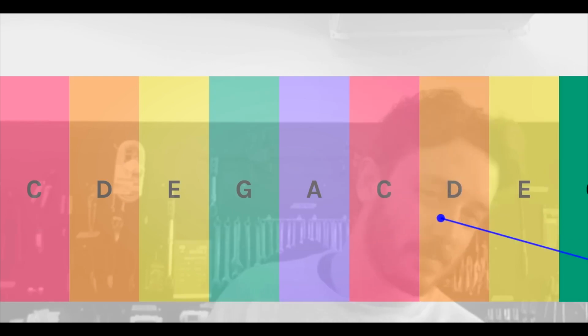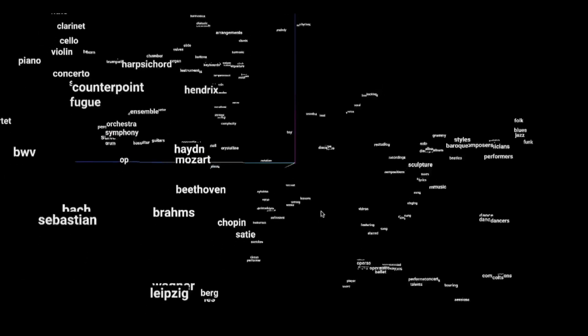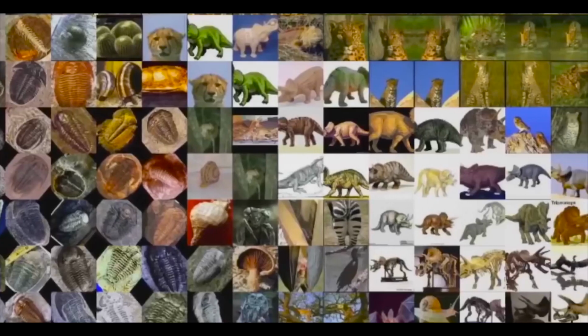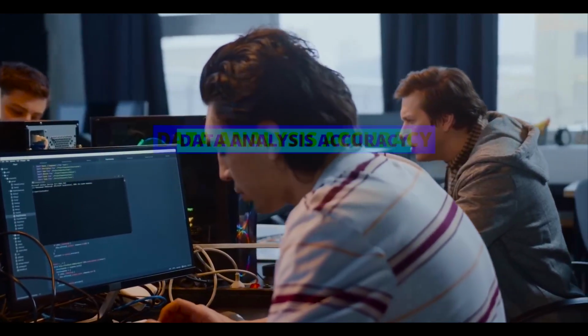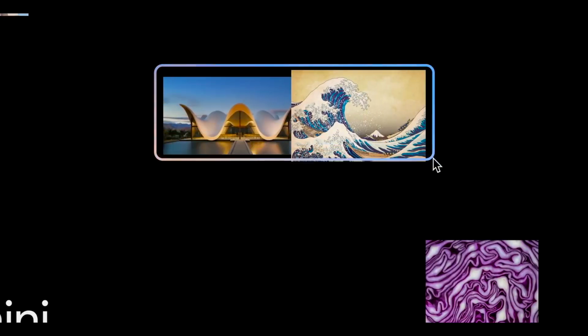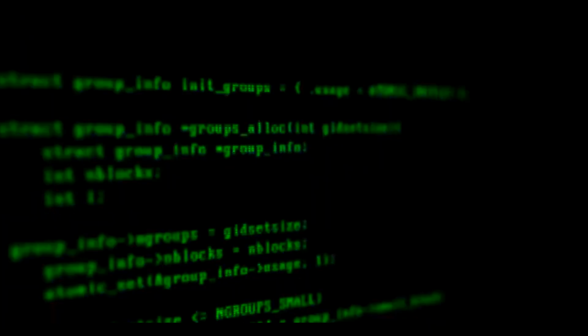Regardless of your level of developer experience, Google Gemma provides a variety of options to improve your work. Now, you also need to know that Gemma allows developers to push the limits of what AI can do, from enhancing data analysis accuracy to building conversational chatbots. Google Gemma offers sophisticated features, including model customization, transfer learning capabilities, and more, in addition to its fundamental functions. Developers can also discover new methods to optimize their AI models and customize them to meet certain needs by delving